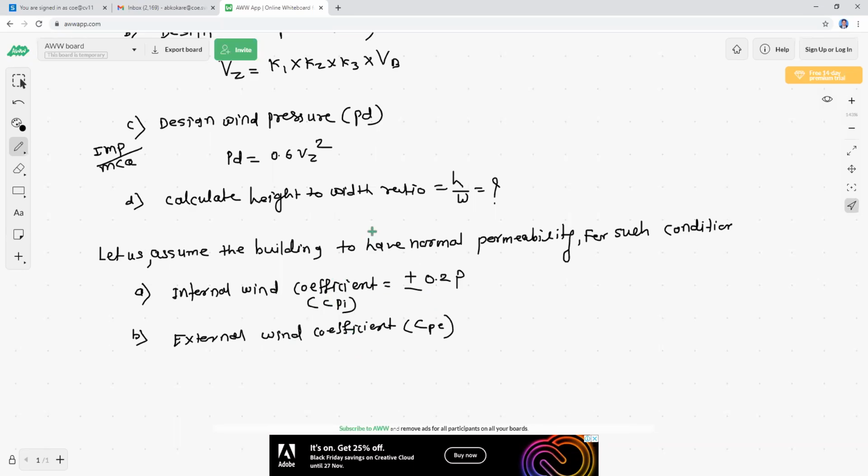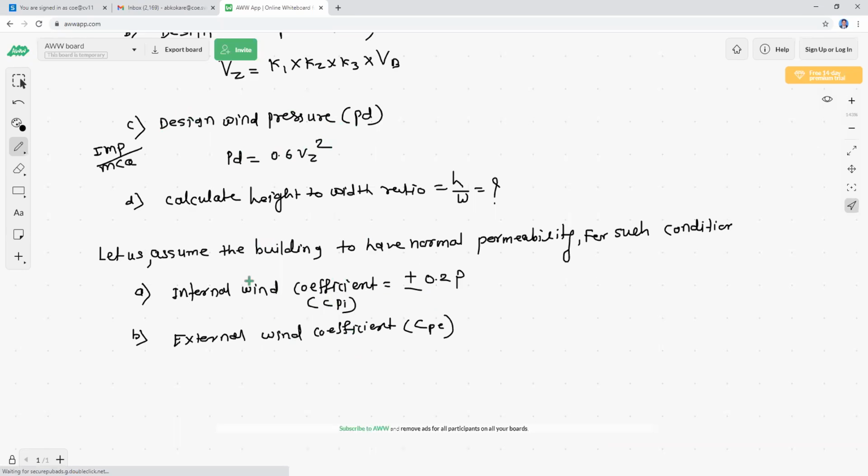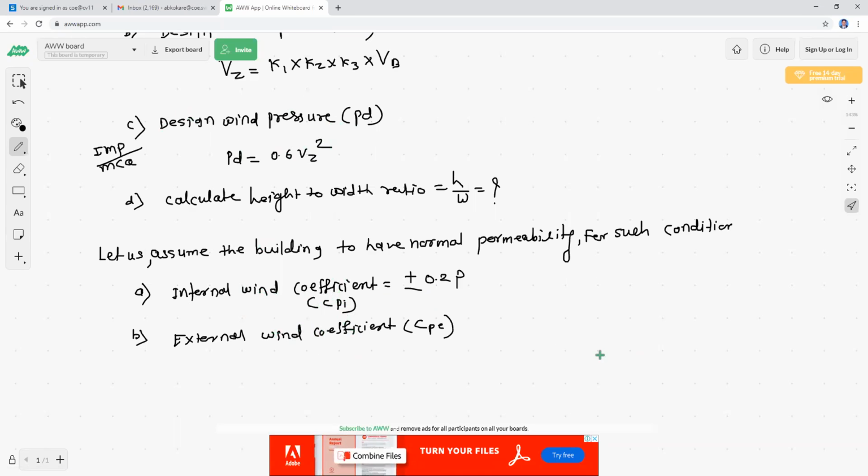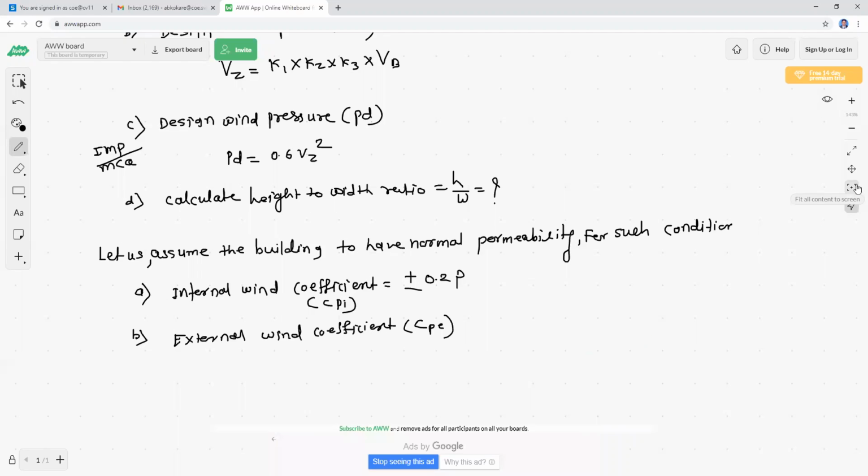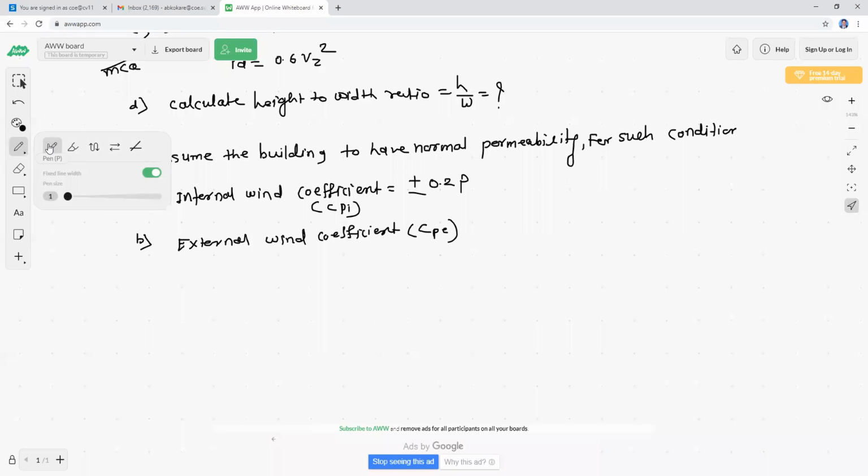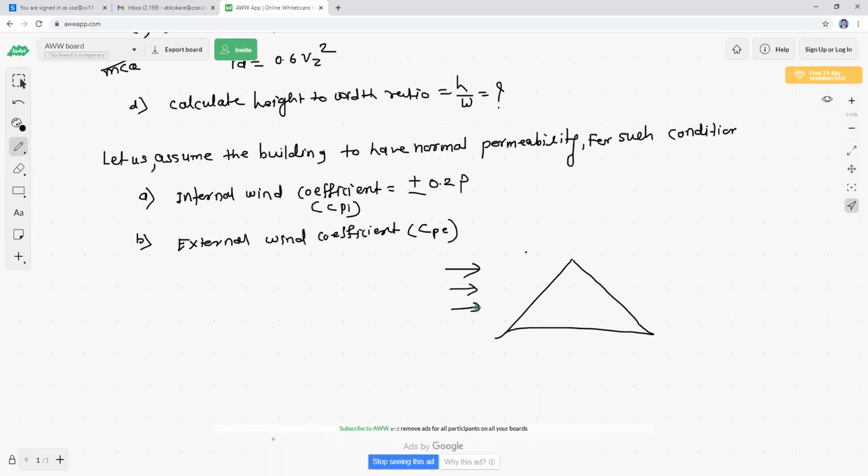So why are these coefficients required? We are calculating wind pressure, but what are these coefficients and why are they required? So IS 875 part 3. If you see, this is your industrial shed or truss. If the direction of wind is this, this side we are calling the windward side, and this is the leeward side. Please concentrate here. If your truss is like this and the wind is in this direction,